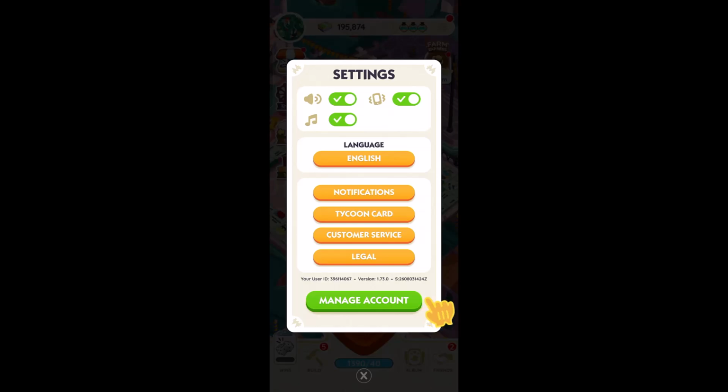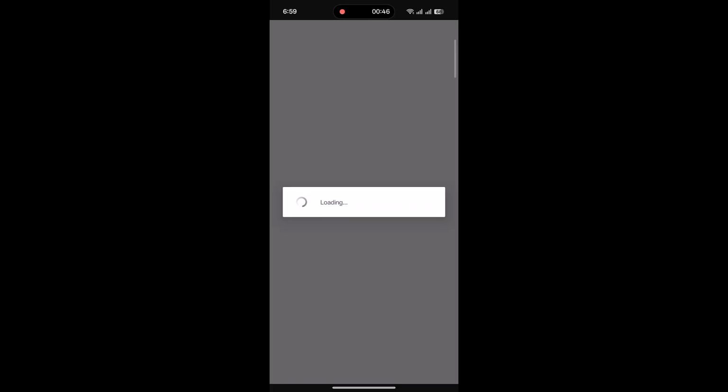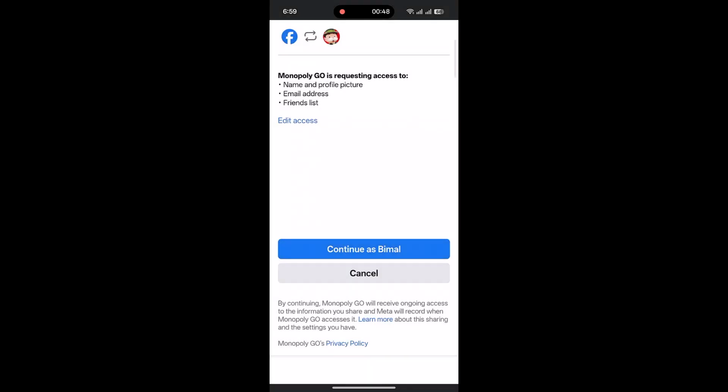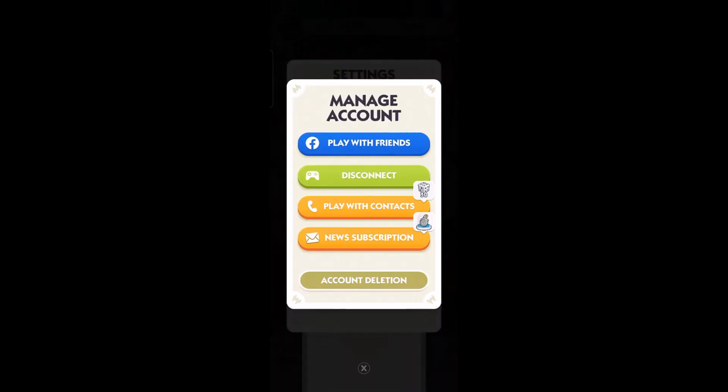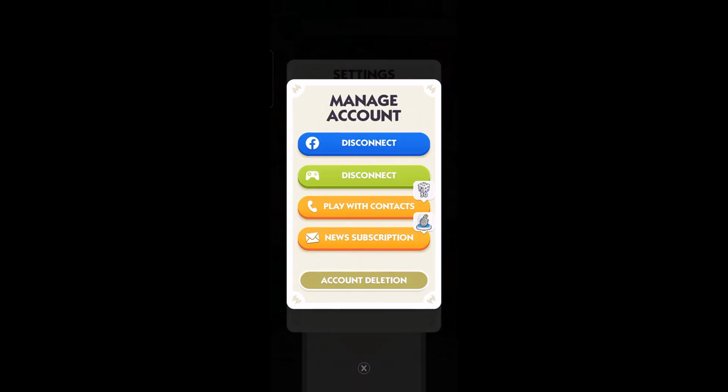Tap on this green button called Manage Account, and here if you have not connected your Facebook, you'll find the Play with Friends option with the Facebook logo. So all you have to do is tap on this Play with Friends option, and when you do that, you must be logged in on the Facebook app by default, and when you do so, you can just tap on the Continue button, and after that you will then be able to connect your Facebook account to your Monopoly Go account. Now after you're connected, you will now see the disconnect button, and this way you can connect Facebook to